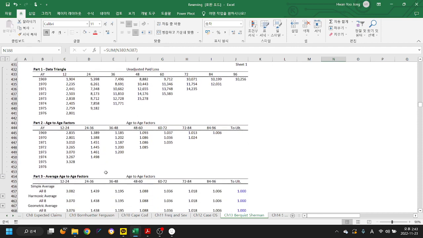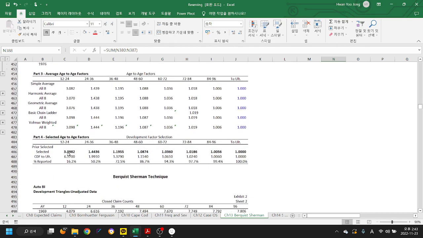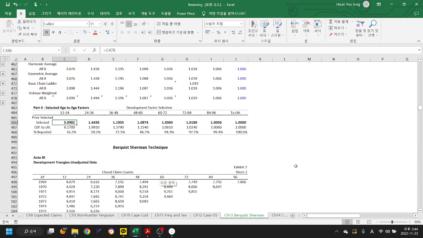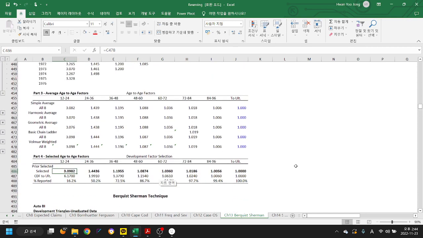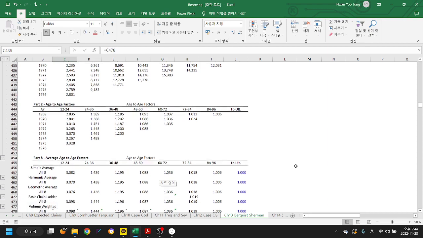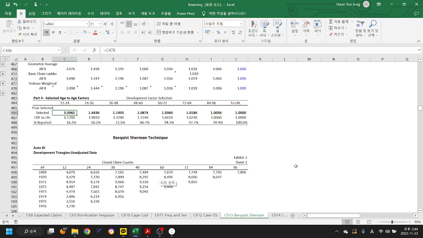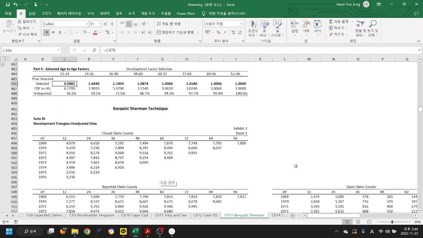I can get the age to age factor from there, and I selected the volume weighted average, which is a basic chain ladder. In order to restate the paid loss triangle, this is a little bit more complicated. They use regression, and the starting point is